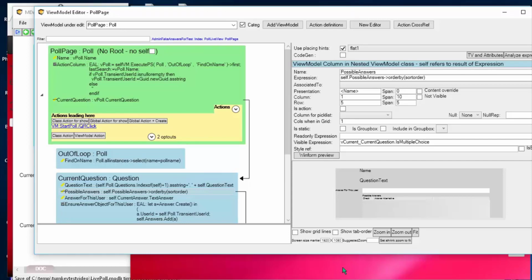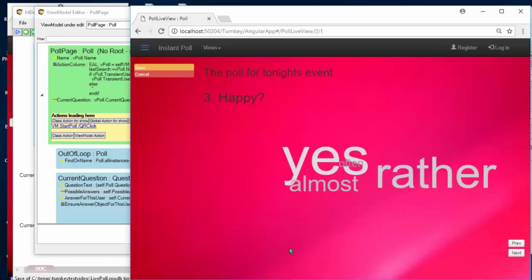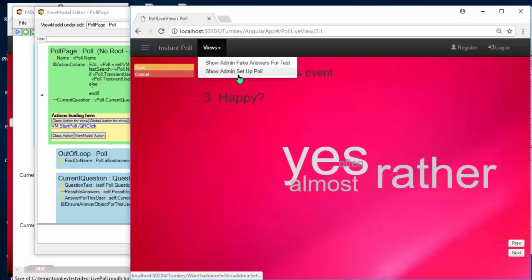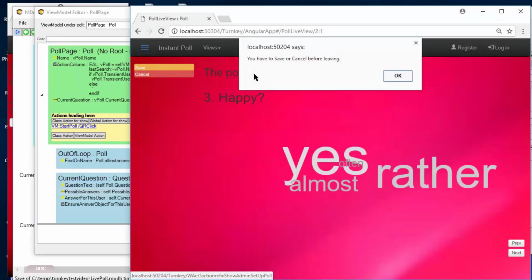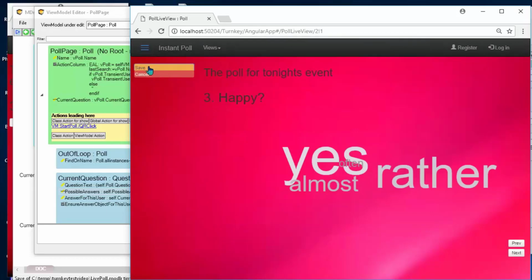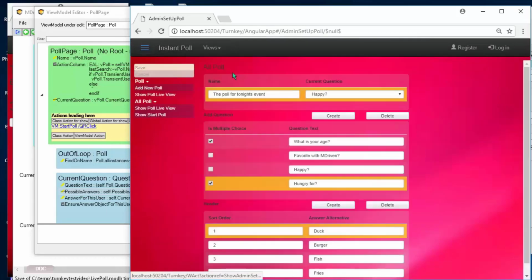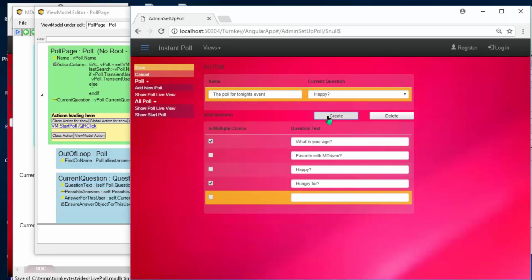Of course, one important UI for a thing like this is the administration. How do I get in new questions, and how do I decide what they should be? I made a UI for that as well. Show admin setup. Okay, it wants me to save that one. I can do that. And here it's easy to create a new poll.